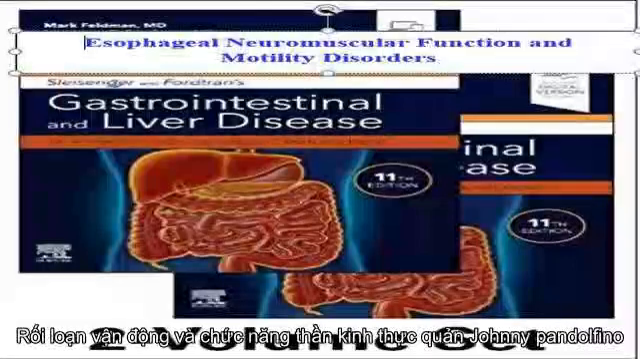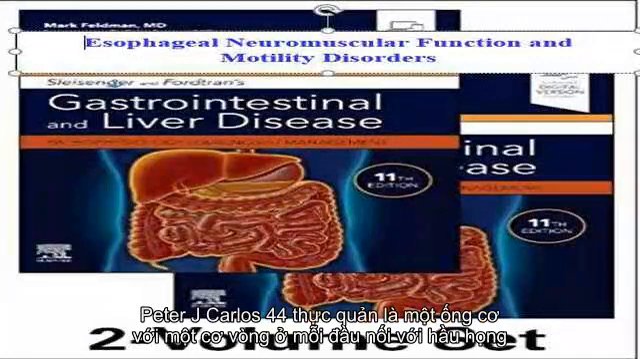Esophageal neuromuscular function and motility disorders. John E. Pandolfino, Peter J. Kahrilas. Chapter 44. The esophagus is a muscular tube with a sphincter at each end joining the hypopharynx to the stomach